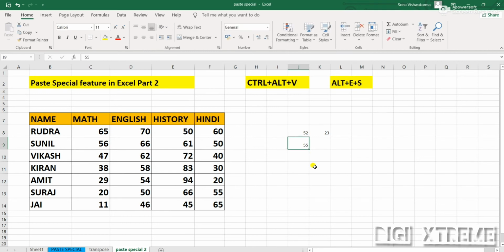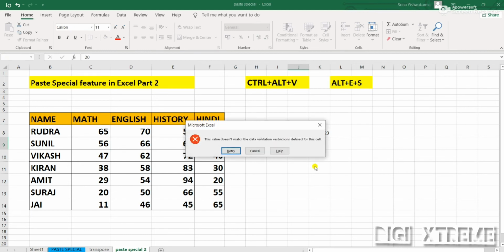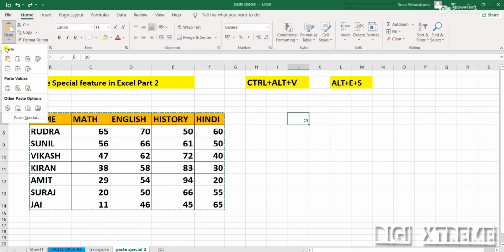But if I try to write 20, it won't take it because of the data validation, and we had only copied the data validation. Let's see what is next.